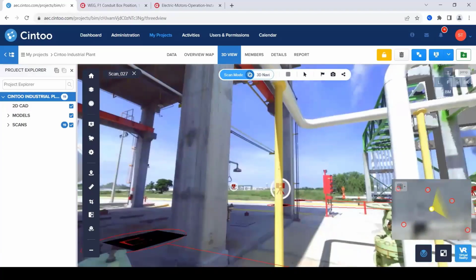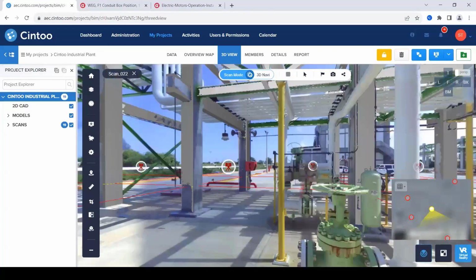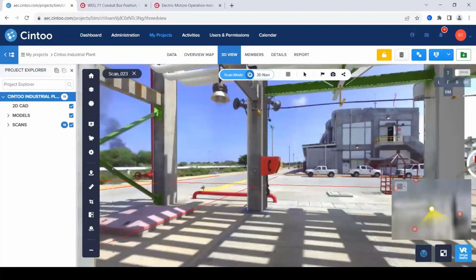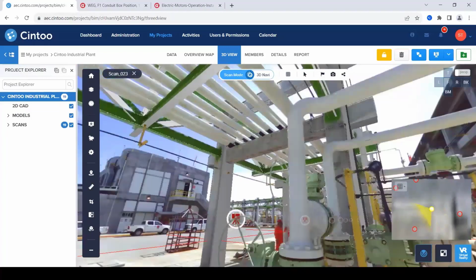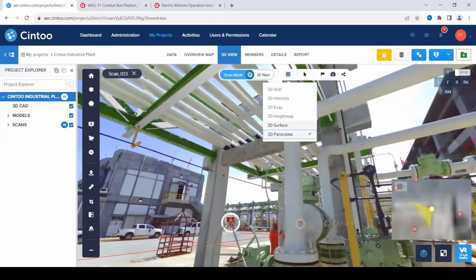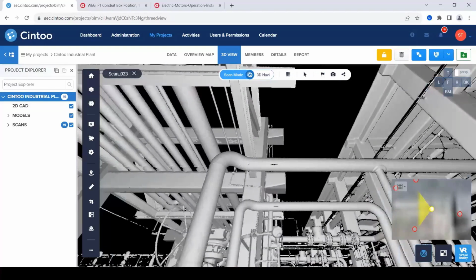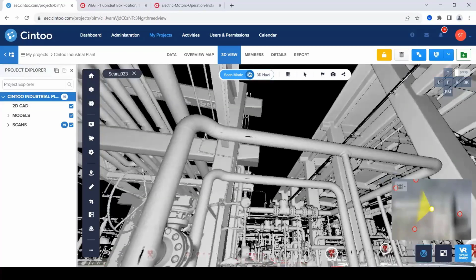And by clicking on each individual bubble that was a setup for your laser scanning data. Moving forward, we're able to also change the way you look at your data by clicking on the display settings mode. We're going to hit 3D surface. And what we're looking at is the 3D solid surface mesh that's generated when you upload the laser scanning data